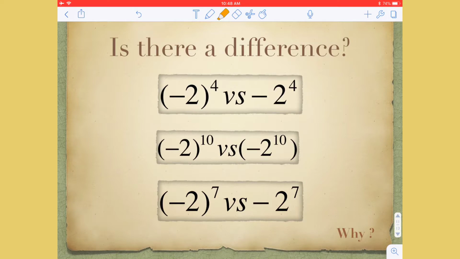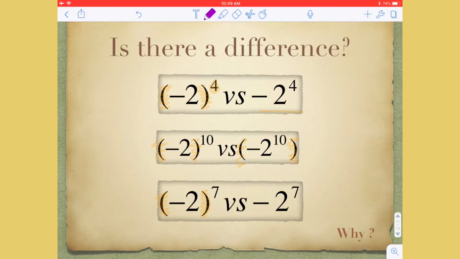Now, what I'm going to tell you is, yes, there is a difference. The main difference here is regarding my parentheses, and when I don't have parentheses, and you notice that that's kind of the difference in all of these different problems. The idea is that when I have parentheses and an exponent on the outside, as you do see